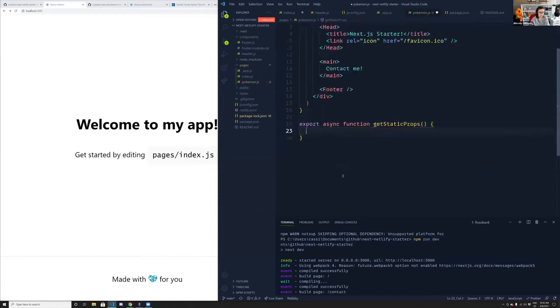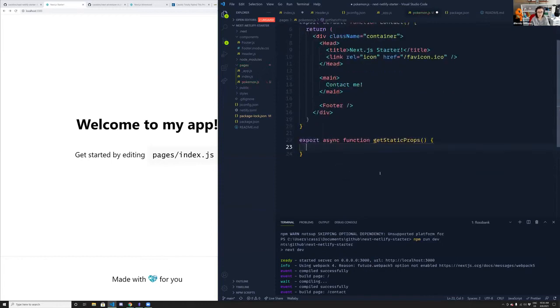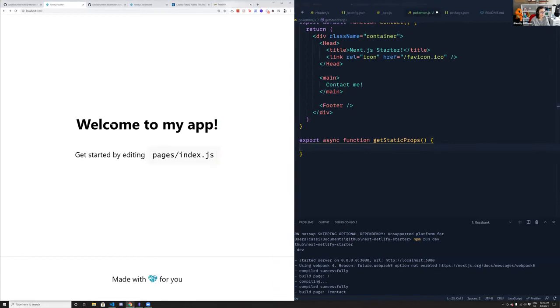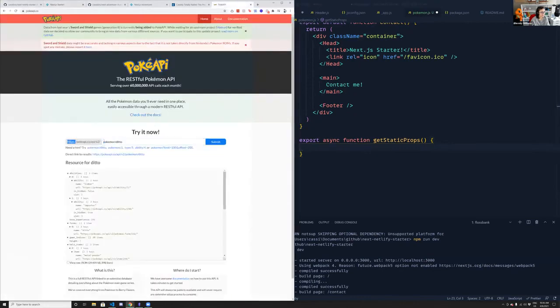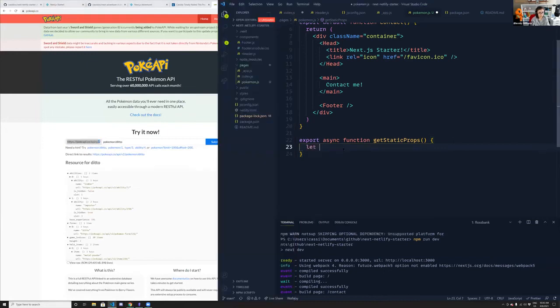And then in here, this is where I'm going to fetch the Pokemon API. And so it's going to be this HTTPS PokeAPI. Let's do let response equals await fetch, and then in here,